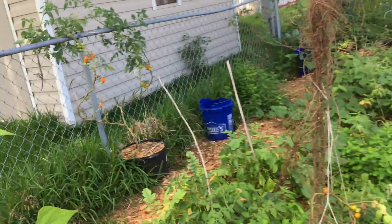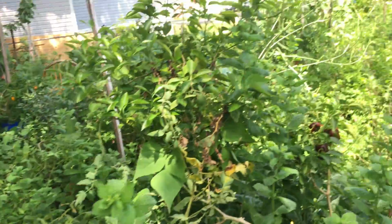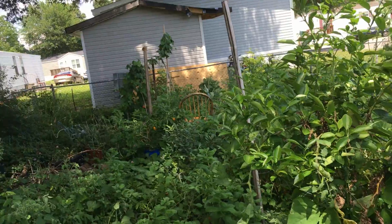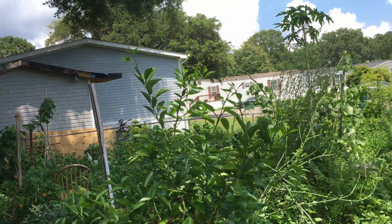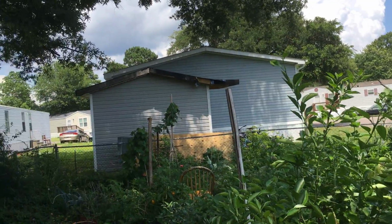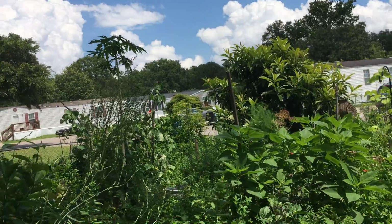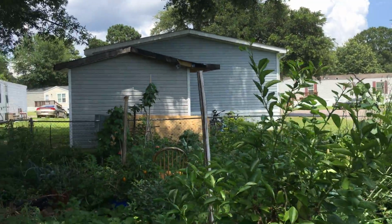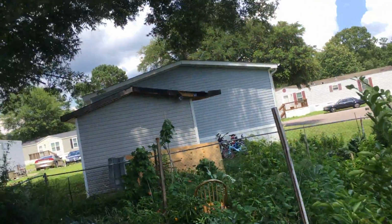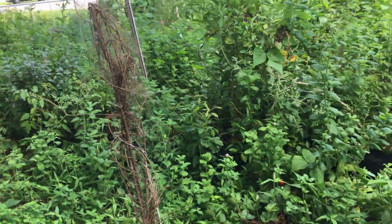So yeah, we're at the point now where it's almost no work. It's just coming out here and picking stuff. If I see a really, really bad weed, occasionally I'll pull it, but most of the time it isn't an issue anymore because the entire environment is dominated by things I like. So there's no vacuum, there's no opportunity for anything else to really come in here. I guess there's a couple weeds here and there that I probably should work on, but